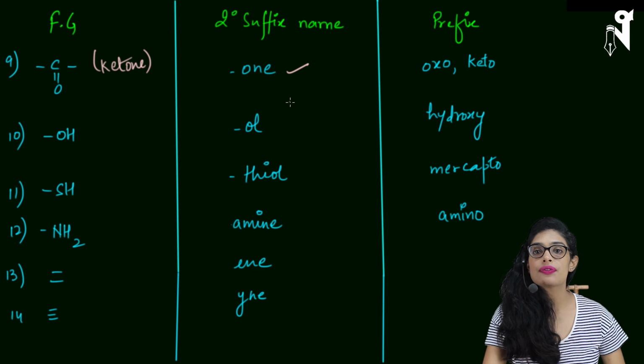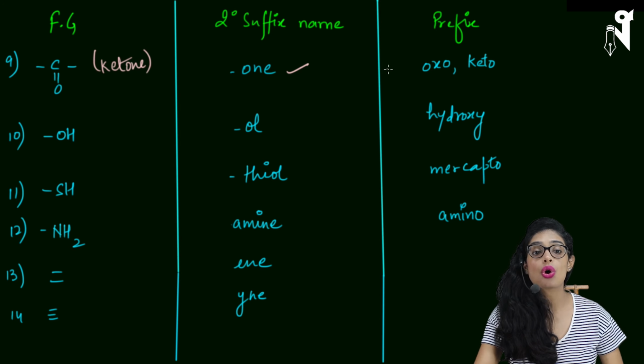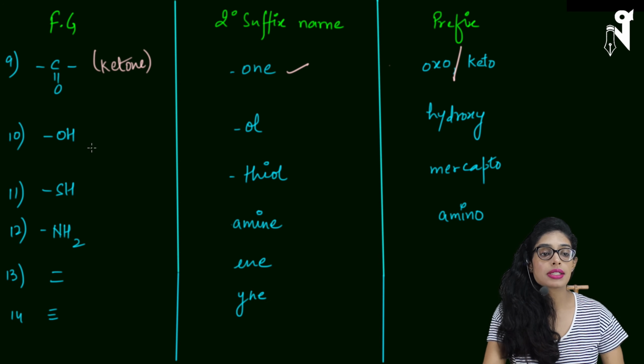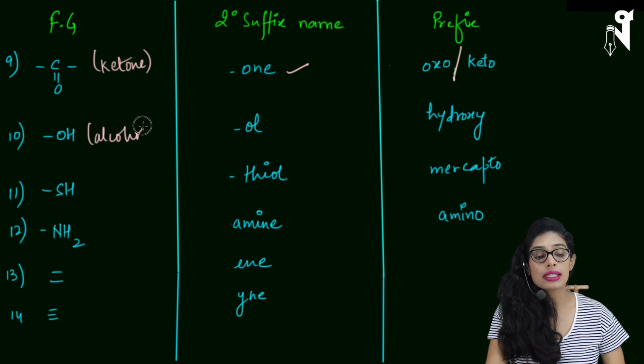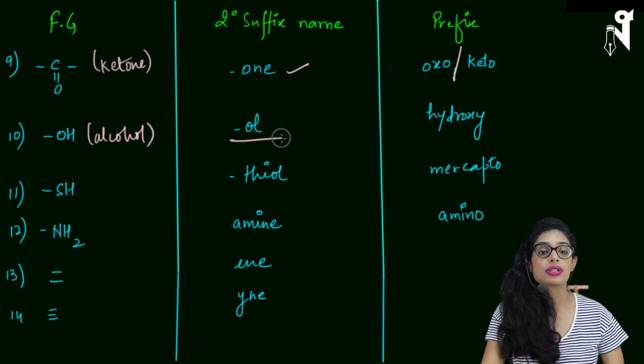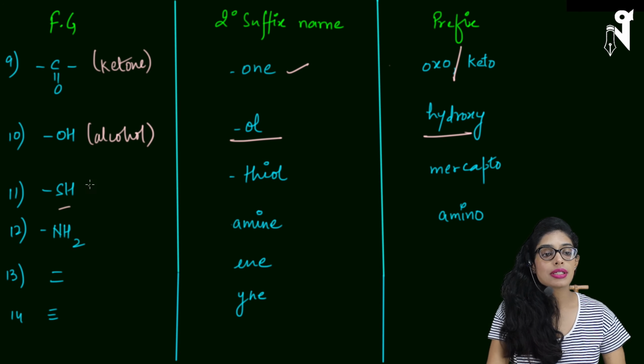So when it is acting as suffix, it is -one. When it is acting as prefix, it is oxo or keto. Next is alcohol. If alcohol is acting as a principal or senior group, the name is -ol. If it is acting as a prefix, it is hydroxy. Next is SH. This is thiol,